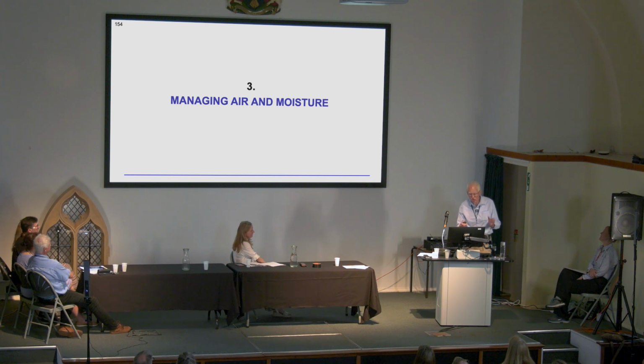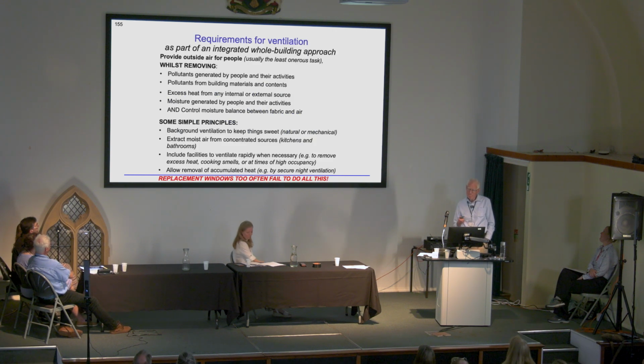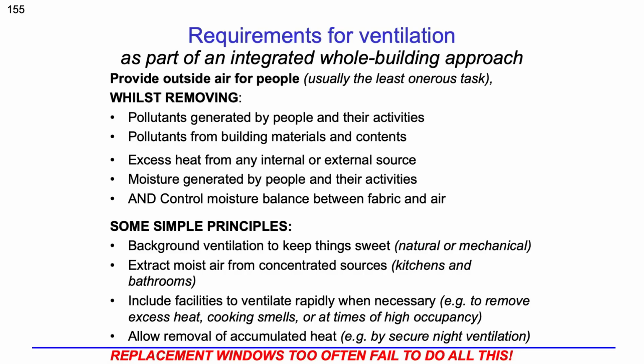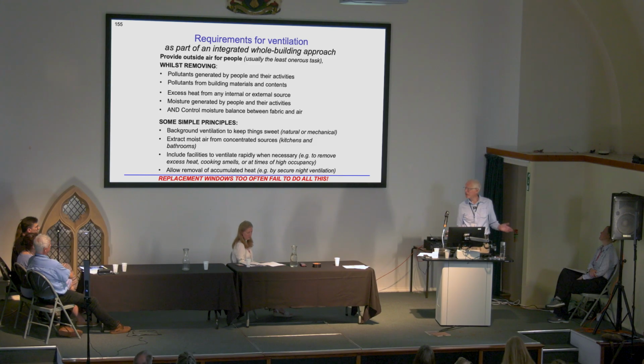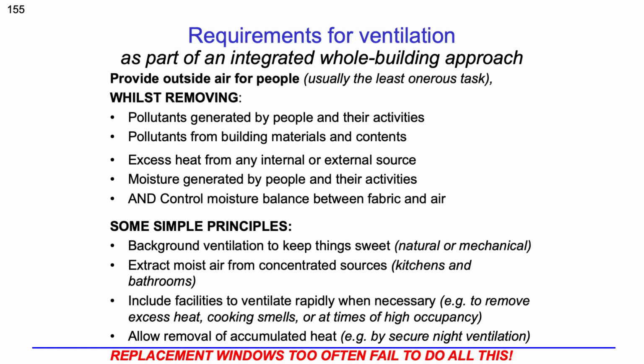Air and moisture. Again, you need a whole building approach. It needs to be integrated, and then integrated with the design and use of the window. And you've got to provide air for people, enough to breathe. That's not usually really important unless it's the Black Hole of Calcutta. It usually doesn't go that high that you're going to die from it. It's the pollutants that are important, and the excess heat, and the excess moisture from people, but particularly all the